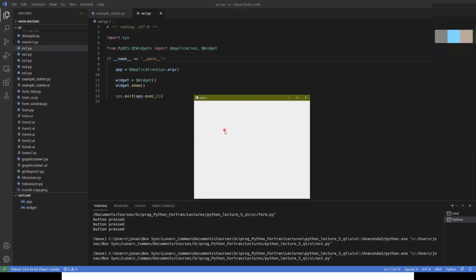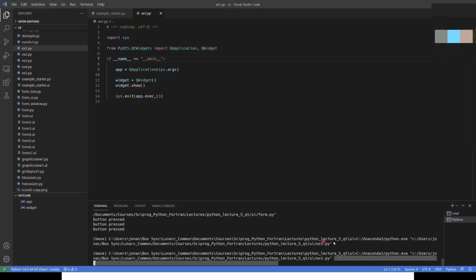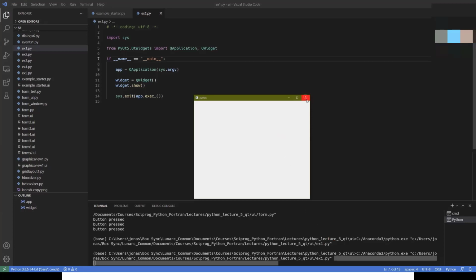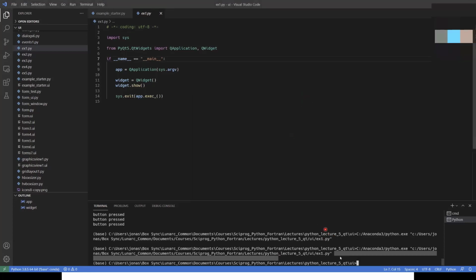And a widget by itself, when it's the only thing in your application, Qt will automatically create a window for you around this widget. So the widget is actually the gray area inside here. That is the widget we created. And you can see here now in the bottom here, the application is running. So if I exit or click the exit button here, you can see here that it exits the loop